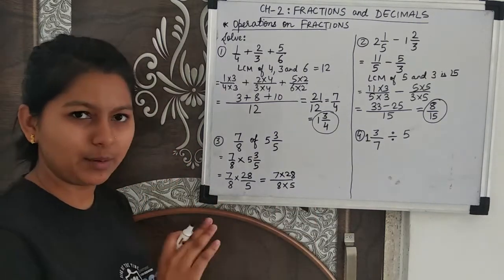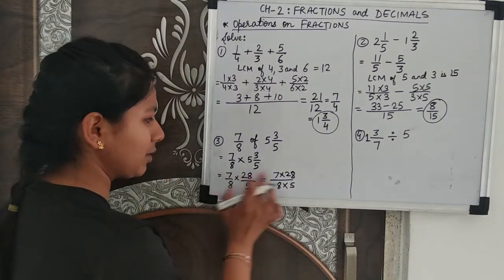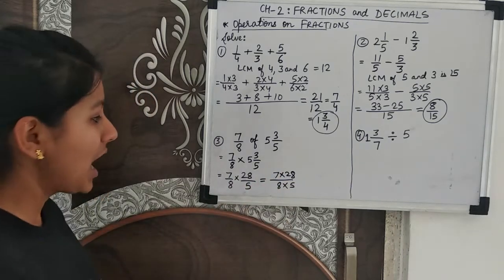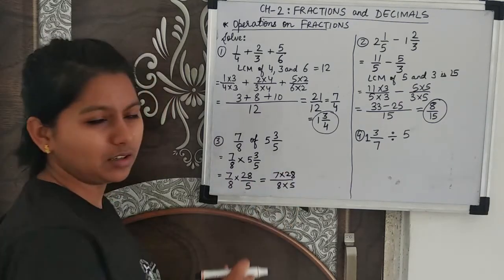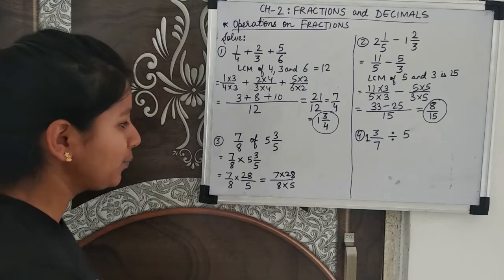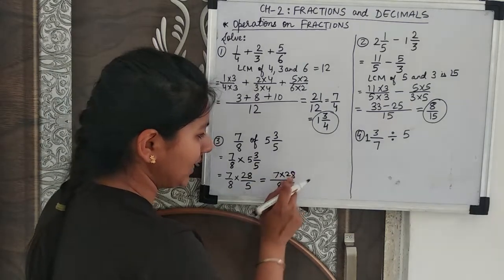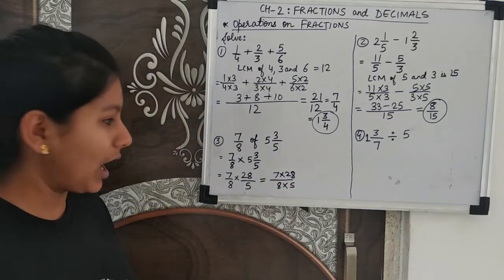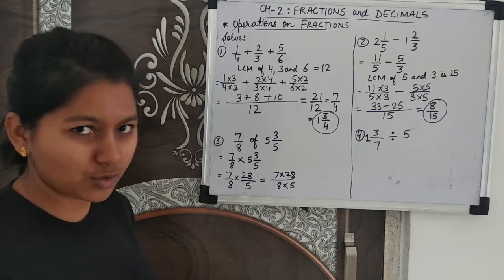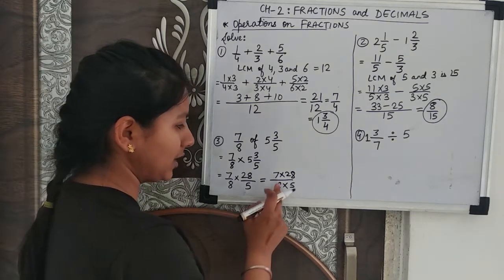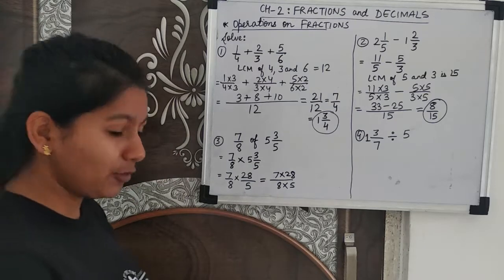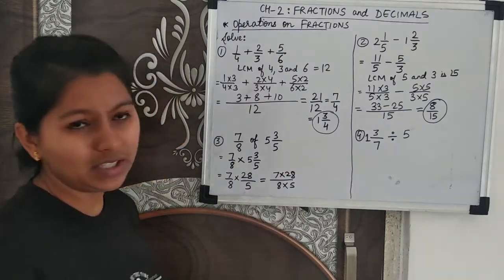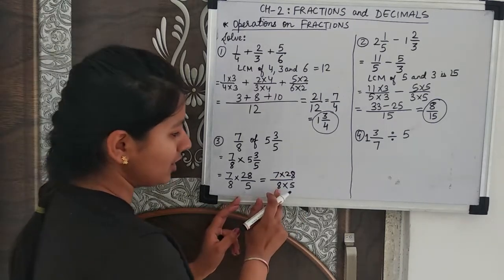There is no LCM, nothing. Simply multiply the above two numbers and the below two numbers and just check whether there is any case where we can simplify it. I can see that both 8 and 28 come in the table of 2 also. In 2 also 8 will come and 28 will come. In 4 also 8 will come and 28 will come. So I will simplify this